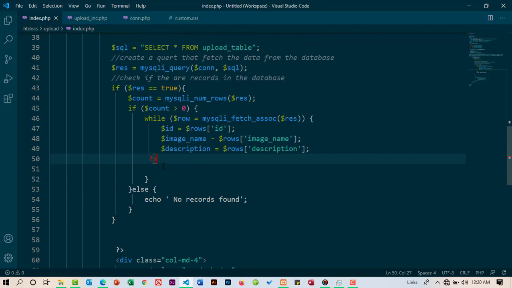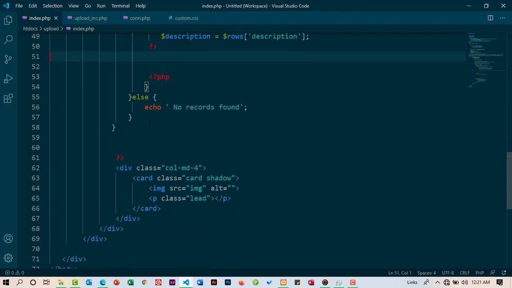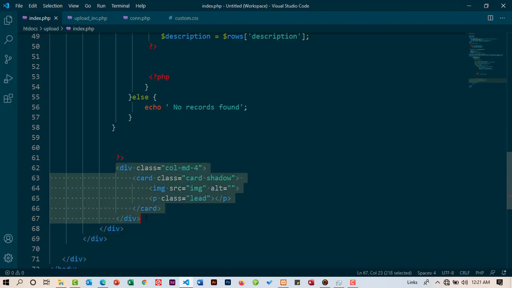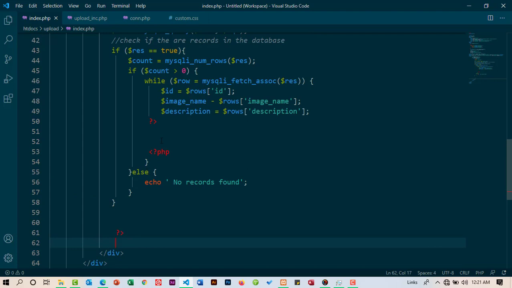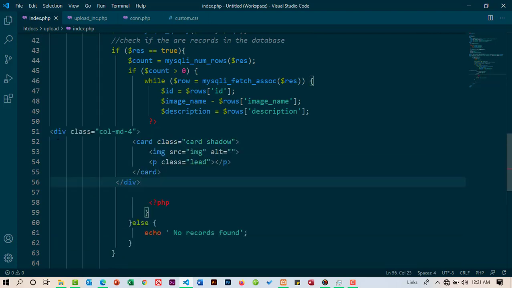This is because I want to have the HTML just in between here, so I'm just going to grab my card, so this one here, so I cut that, and I should have it now within this. So that's how we place some HTML within PHP. So we just close it and start it again. So we now have that there,